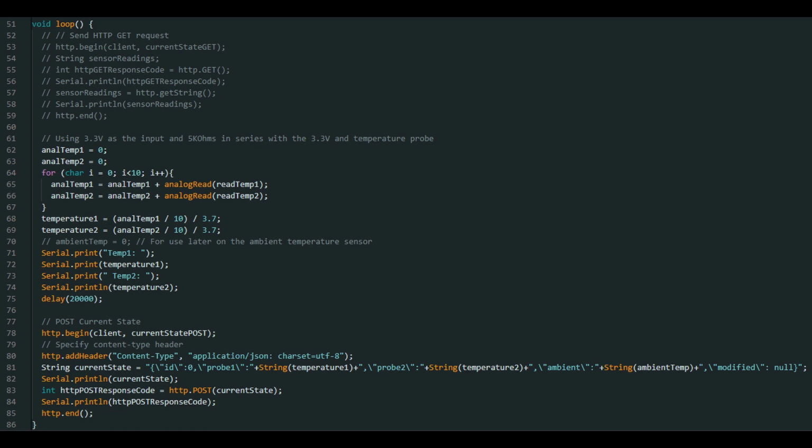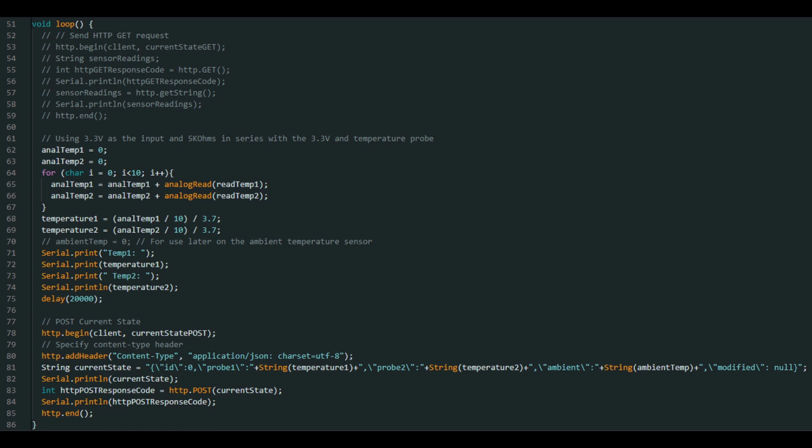In the beginning, we set up our initial variables for analog read. Then we have a for loop that reads the voltage across the temperature probes, and then we average them out based on the last 10 numbers it reads, for the temperature 1 variable and temperature 2. This averages it out and also divides it by the number to convert it back to Fahrenheit. We print those and wait 20 seconds,